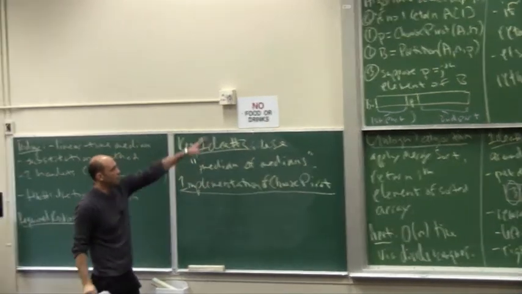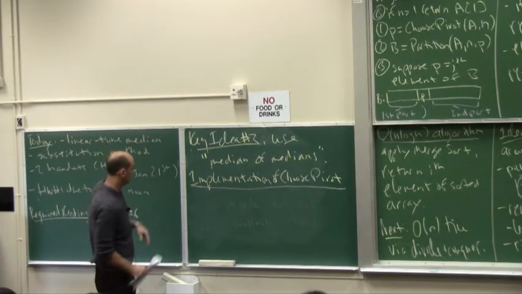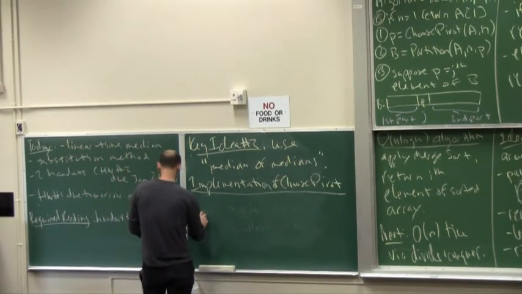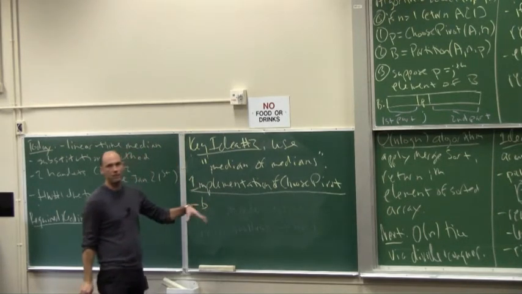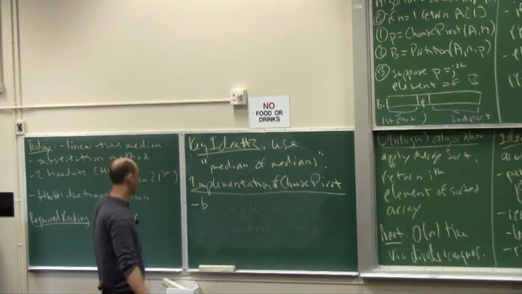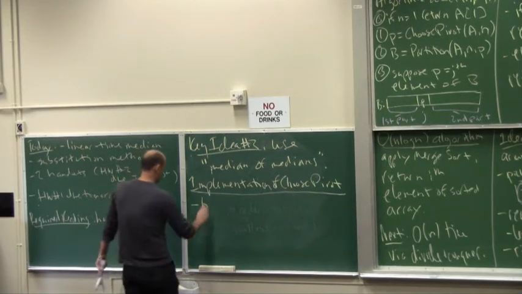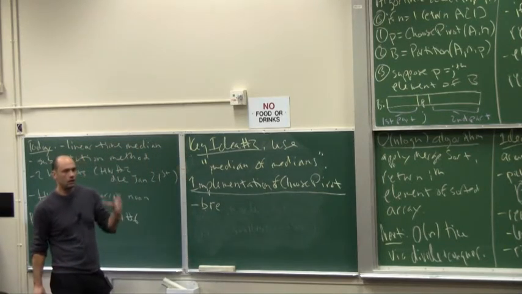So now I'm going to talk about how we're actually going to implement step one. Okay? So what do we do? All right, so I'll talk about it conceptually, and then I'll summarize it with some pseudocode when we're done with the discussion. Okay? So we're going to take this input array A, and we're going to group it into